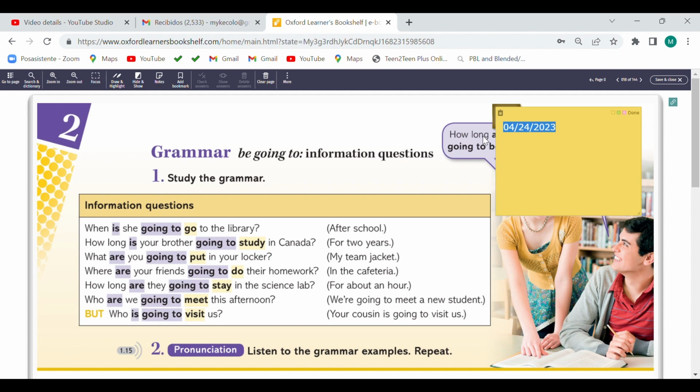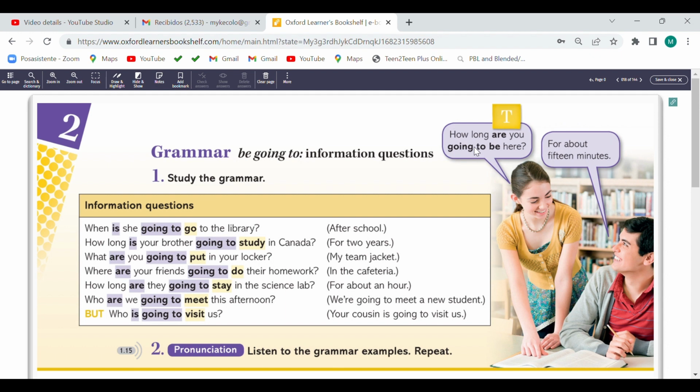Grammar. Be going to information questions. How long are you going to be here? For about 15 minutes. Okay. Very good. Es la misma estructura que hemos ya visto, ¿verdad? En nuestras clases anteriores. Y pues es como decir, is she going to go to the library?